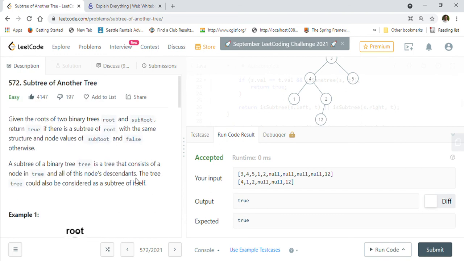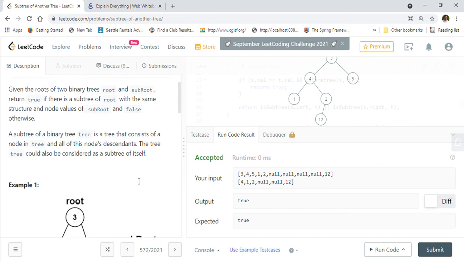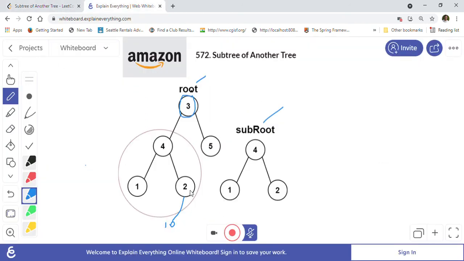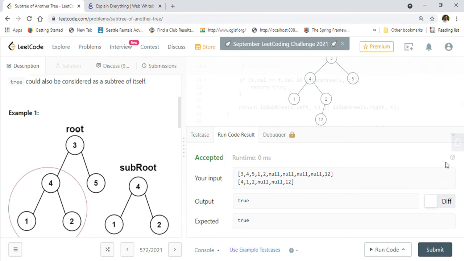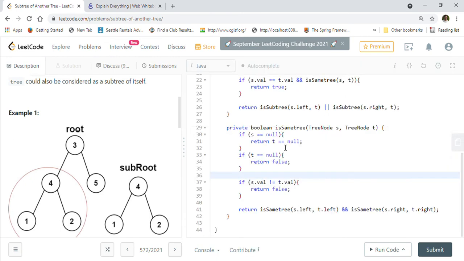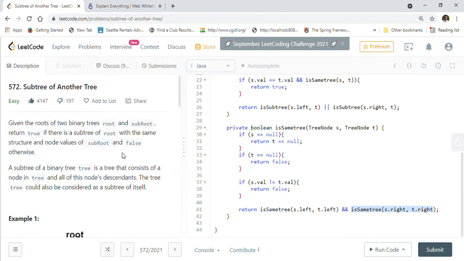So this is how the recursive solution works for subtree of another tree. I have shown you with different examples and explained how our recursion works. So I think you must have gotten it clearly, conceptually, how the recursive function is written. So here also, once the node value matches, we will go to the left. We want to check the left subtree and we want to check the right subtree both, right? And then we will keep doing it until the tree gets finished, right? So every node we have to match basically. So I hope you have a conceptually clear understanding now.